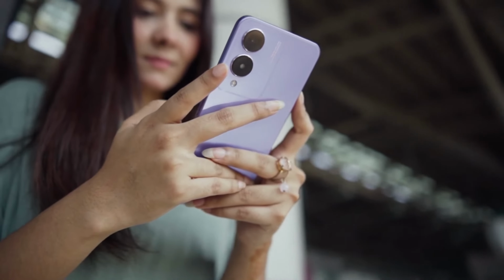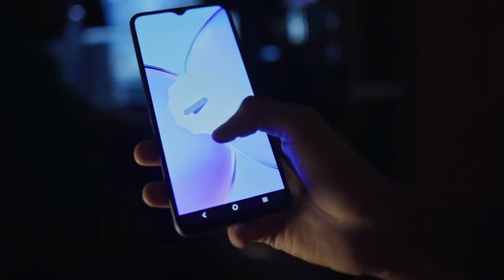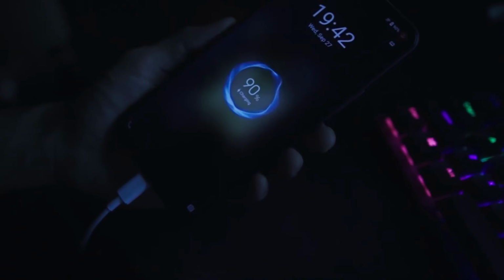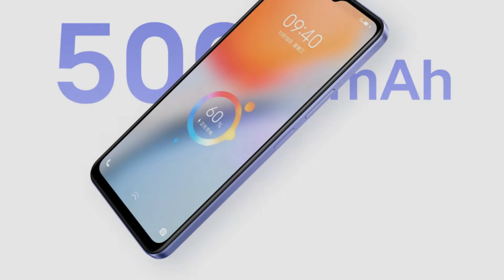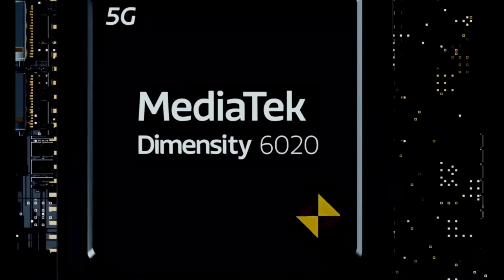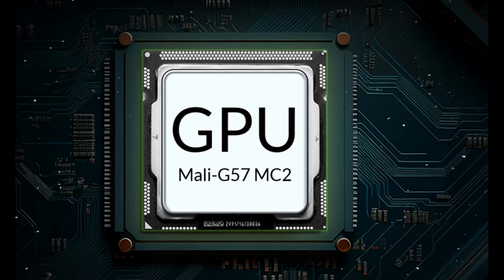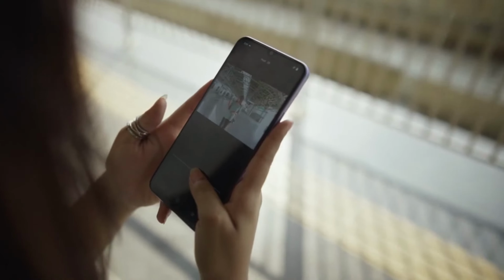on this smartphone. The mobile phone is based on the Android 13 operating system and runs 5000 mAh battery capacity with fast charging. It is powered by MediaTek Dimensity 6020 7nm chipset and also has Mali G57 MC2 graphical processing